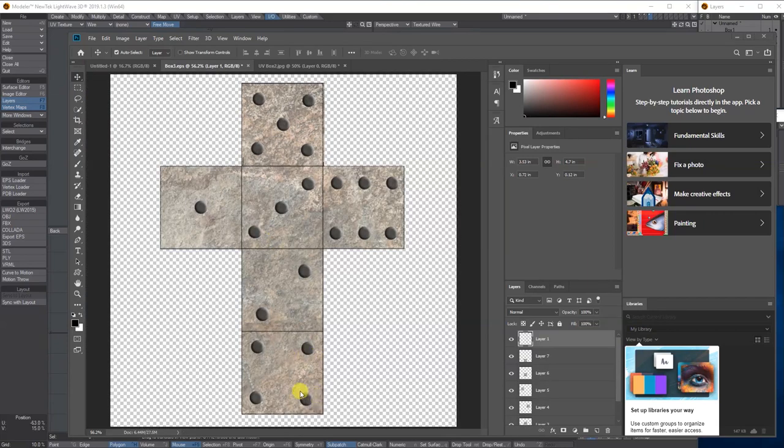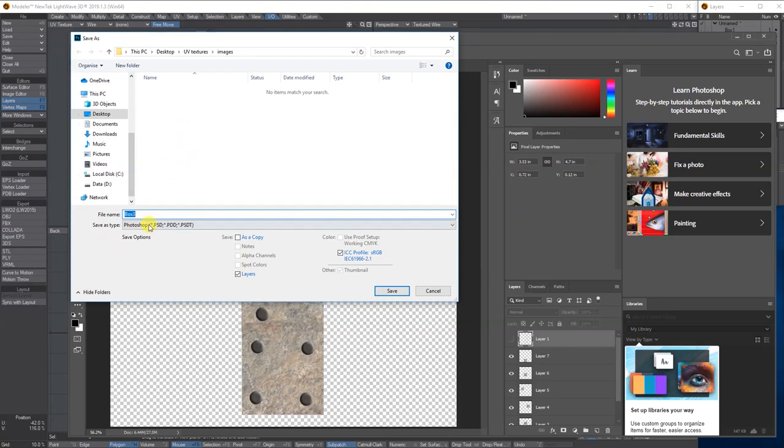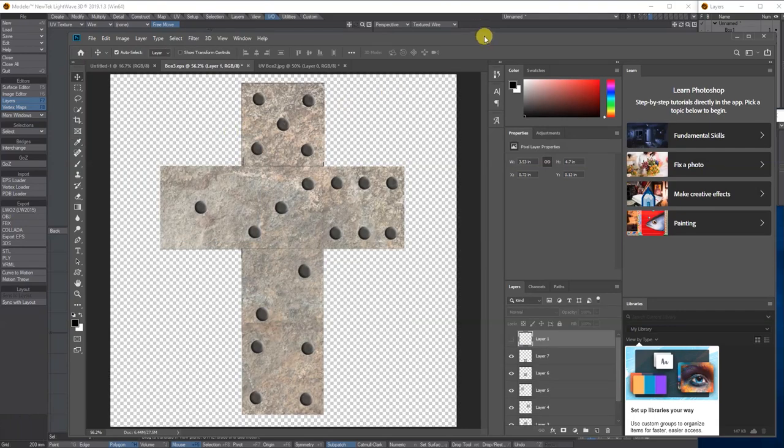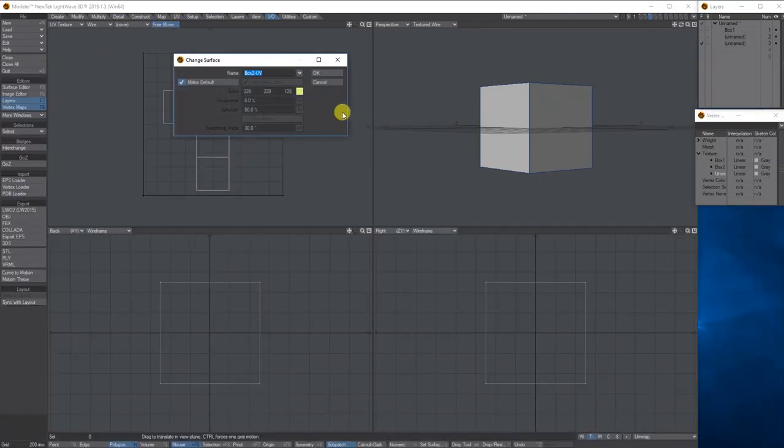Okay, so I've put all the panels in. I'm just going to turn off frame layer 1 and then save it like before. JPEG and UV at the end. Save. So this is my final one. So if I go through, let's give this a name, and just following the same process as before, basically.